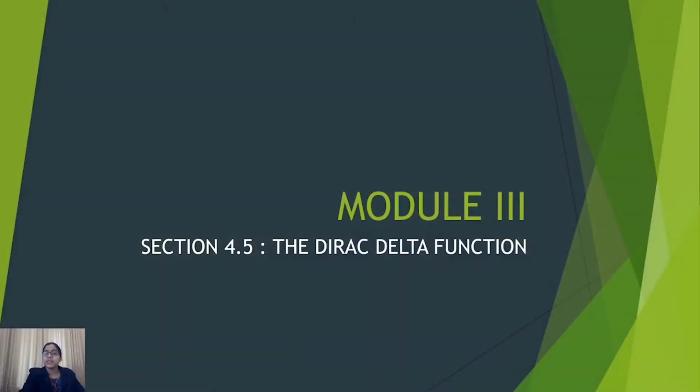So, in today's lecture, we are going to begin with the new section 4.5, and in this section, we are going to deal with the function called the Dirac delta function. Before introducing this Dirac delta function, we should know about another function called the unit impulse function. I'll write it down for you, because the Dirac delta function is obtained as a limiting condition of the unit impulse